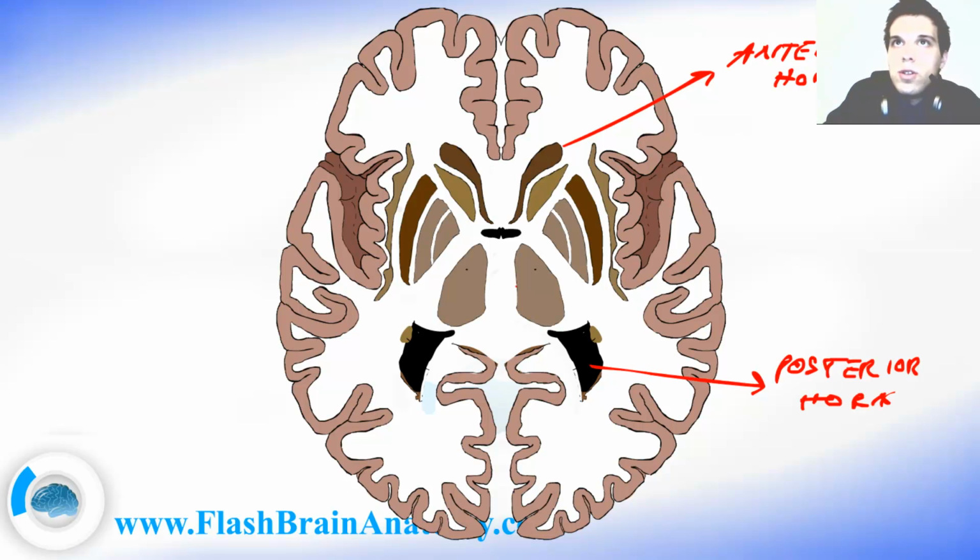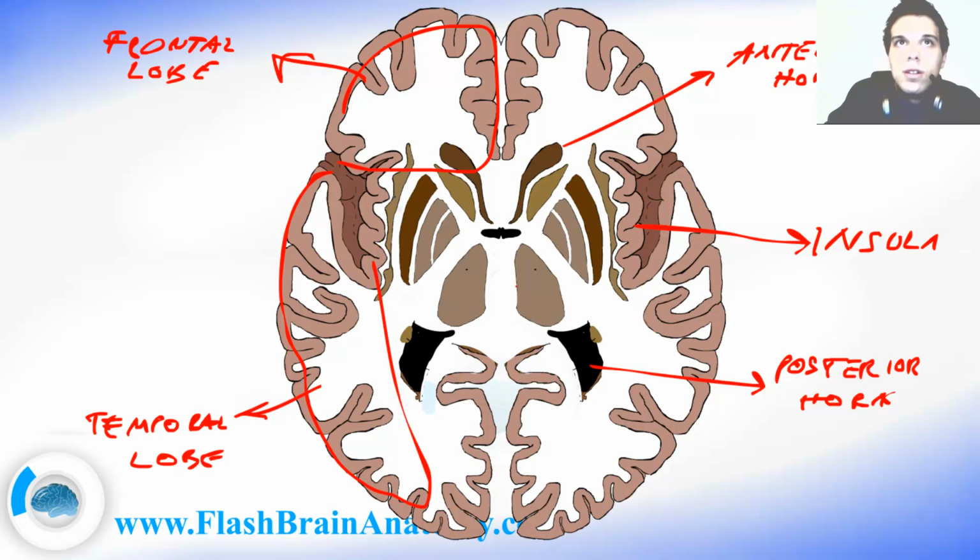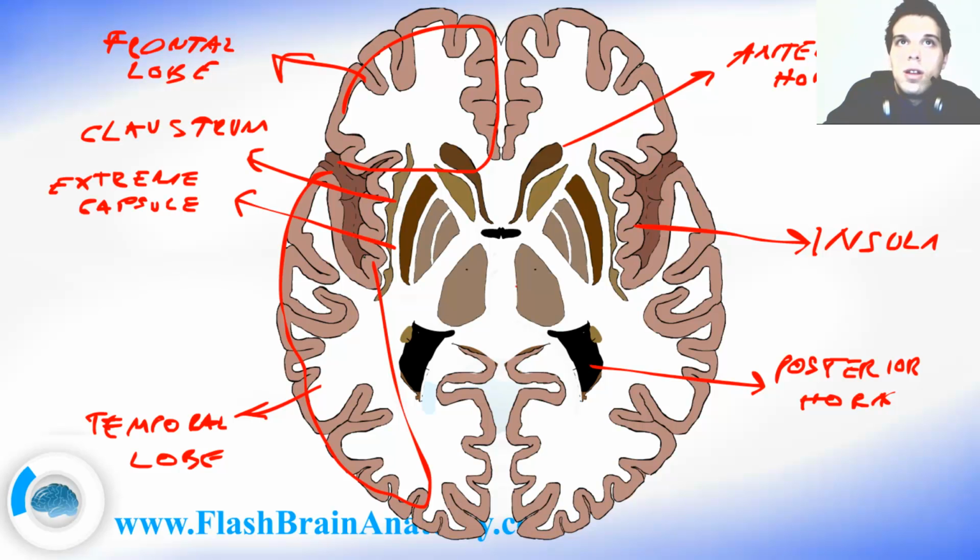Okay, this over here was the insula, or the insular cortex. Then we had the temporal lobe and the frontal lobe over here. This was the claustrum, and this white part was the extreme capsule. Then we had the putamen,